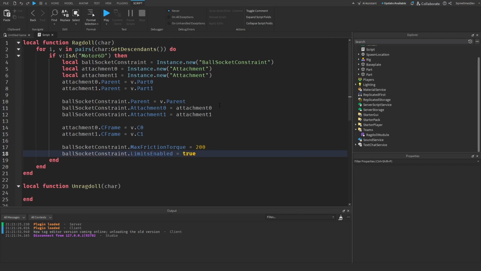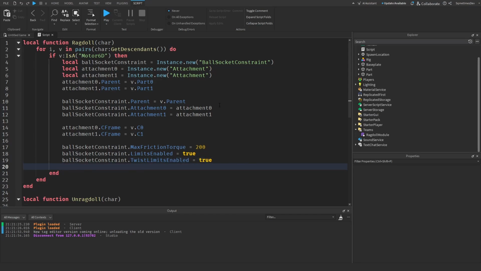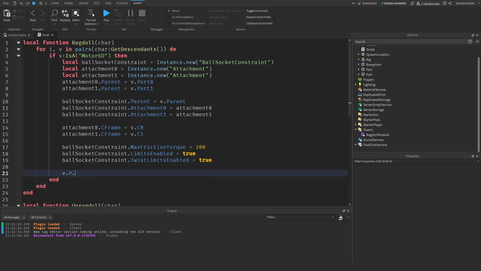The limits enabled isn't really an optional thing. If you don't want the body to just completely go into itself, then you want limits enabled. And same thing with twist limits enabled. You want that to be on, otherwise the limbs will have a completely free rotation and it won't look realistic like a ragdoll. And then we're going to say v.enabled